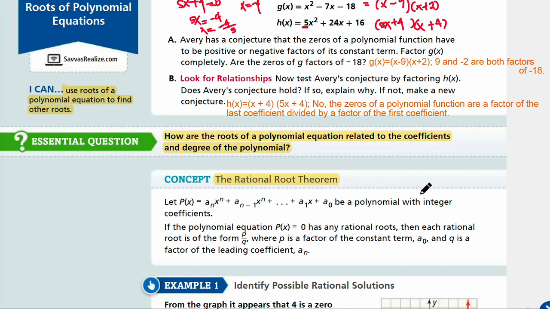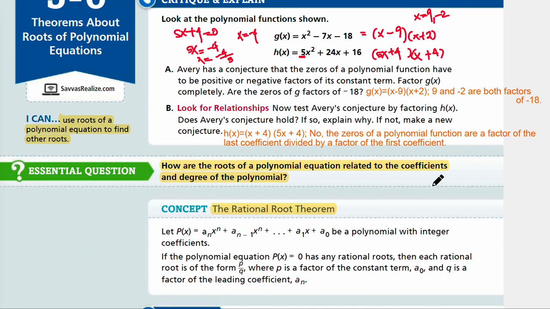Does this look familiar? It looks like the theorem that we looked at beforehand, right? If the polynomial equation P of x equals 0 has any rational roots,